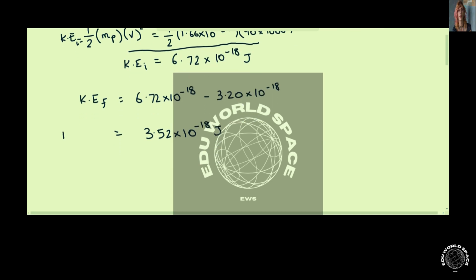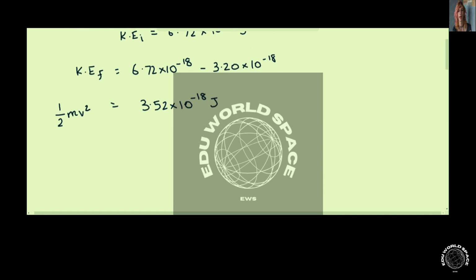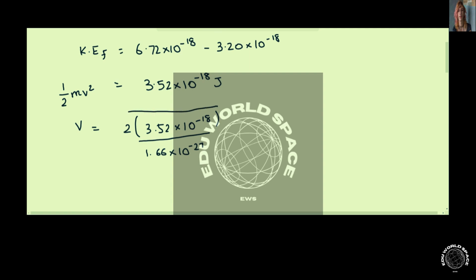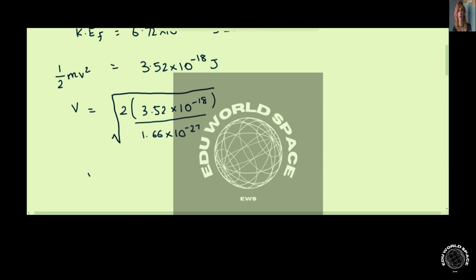Now the kinetic energy is given by the formula 1/2 mv squared. So our required velocity is just the square root of 2 times 3.52 times 10 to the negative 18 divided by the mass of the proton, which is 1.66 times 10 to the negative 27 kilograms. We take the entire thing in the square root, and that gives us 65.1 times 10 to the 3 meters per second,